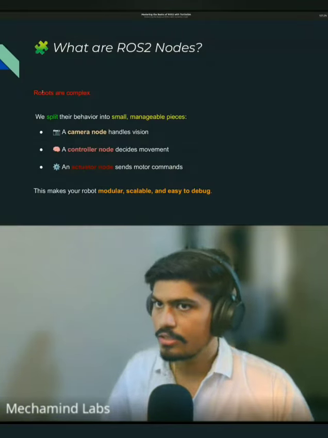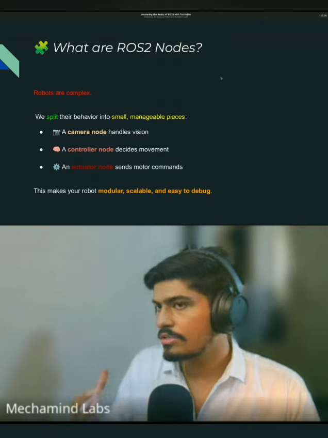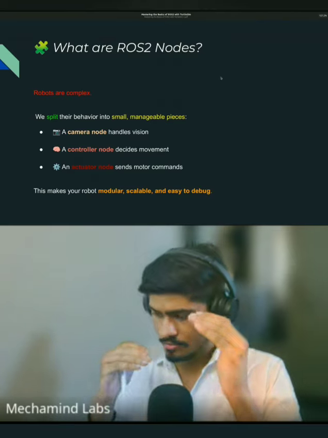So we will see here as well. Robots are complex, as we all know. So what nodes do is break the entire complexity into small, manageable pieces. If I write